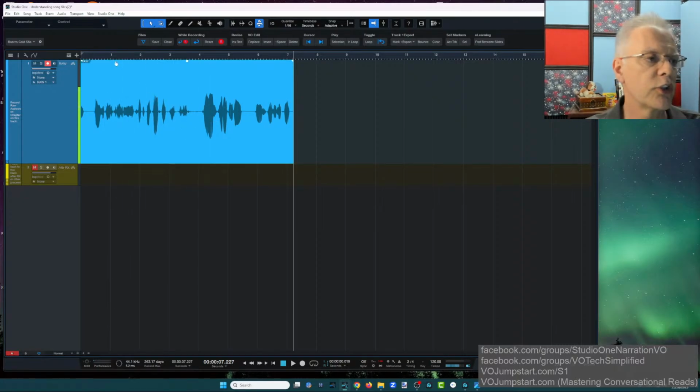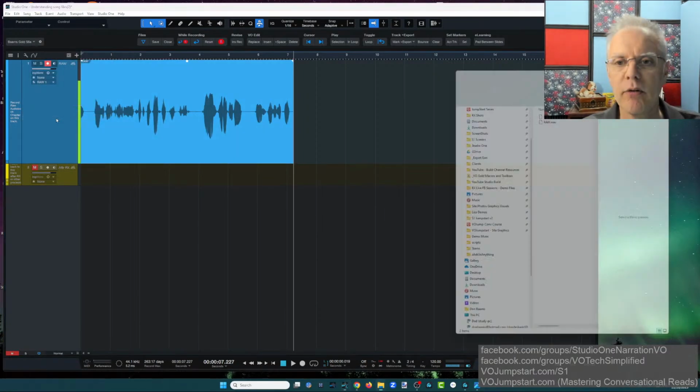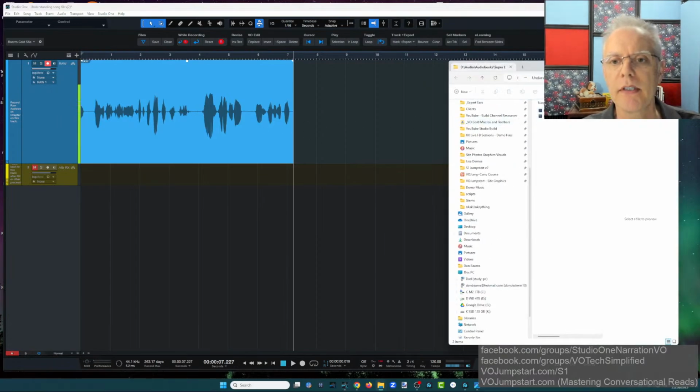And what I'm going to do is show you how you can even go and find under the song menu, there's something called Show Media Folder in Explorer. Show Media Folder in Explorer. And when you do that, then what happens is